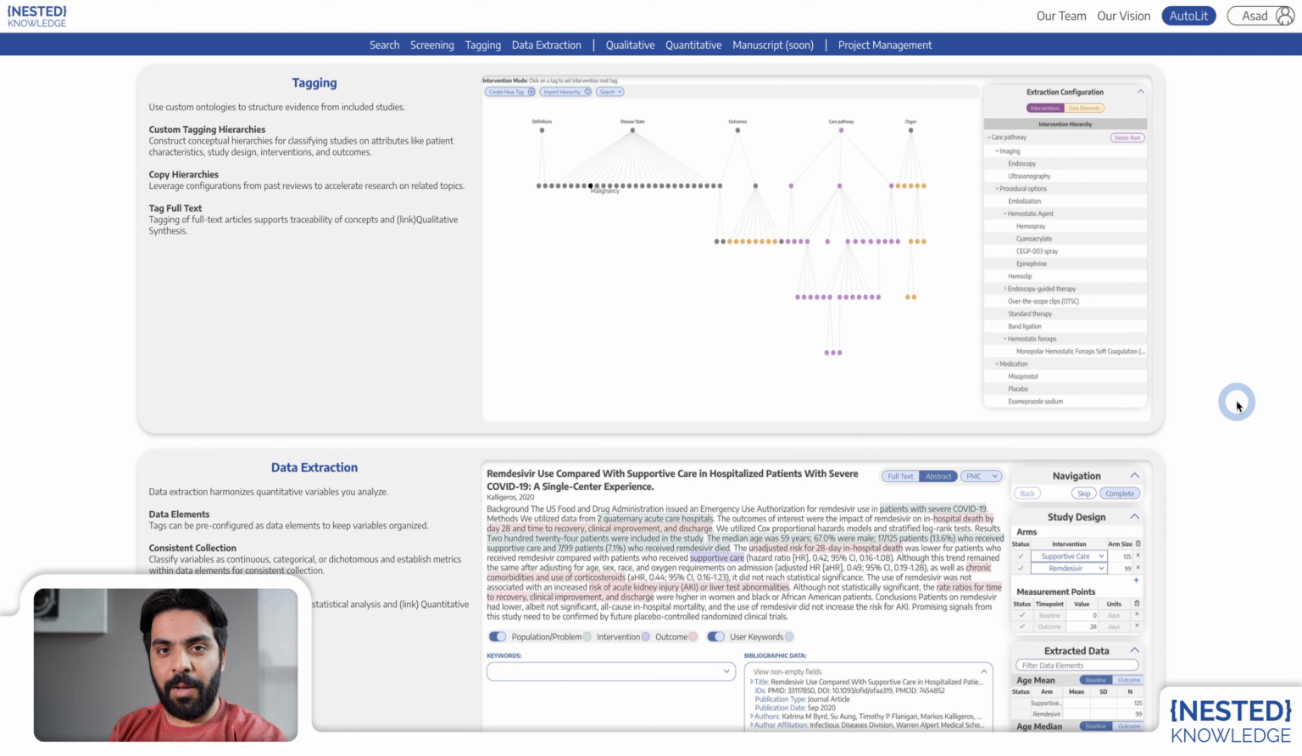In this video, I'm going to go over the mechanics of tagging. Now that we've talked about how to construct a tagging hierarchy, I'm going to walk through with you on how to best tag a physical article using the hierarchy that you've created. So, if we navigate here to our home page and go to AutoLit,